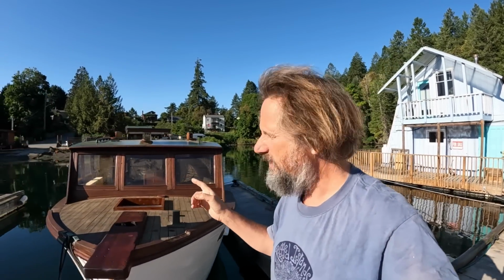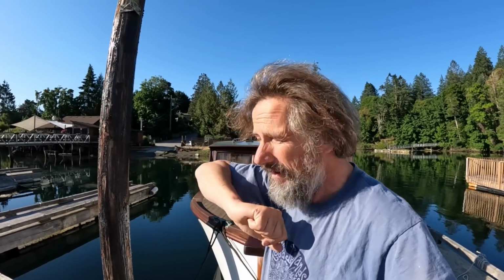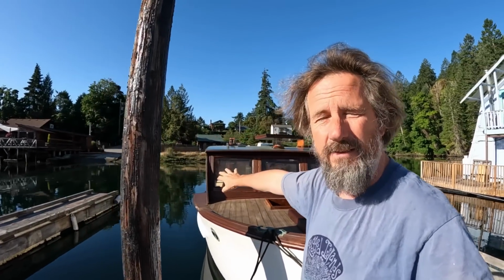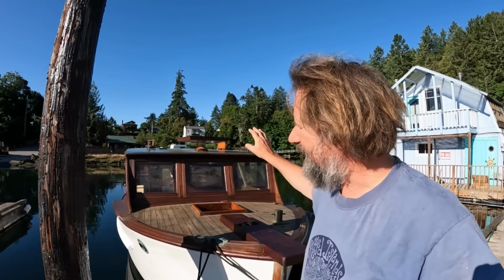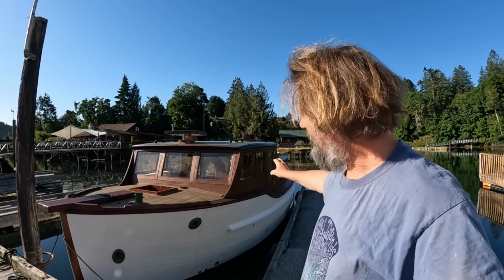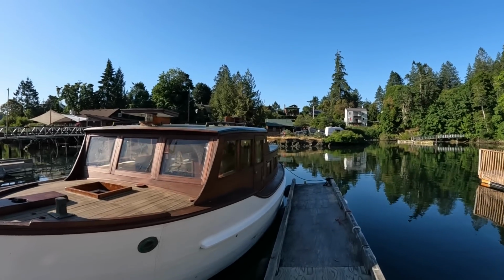And good morning. Well, this is a big day. This is varnish day, or the beginning of varnishing anyway. So as you can see, the sun, well, I won't point you straight at it, is over there, cooking the starboard side of Pome. But the port side will be in the shade for the next several hours. It's early, it's like 7:30 in the morning. And as soon as the dew blows off, which is pretty much now,